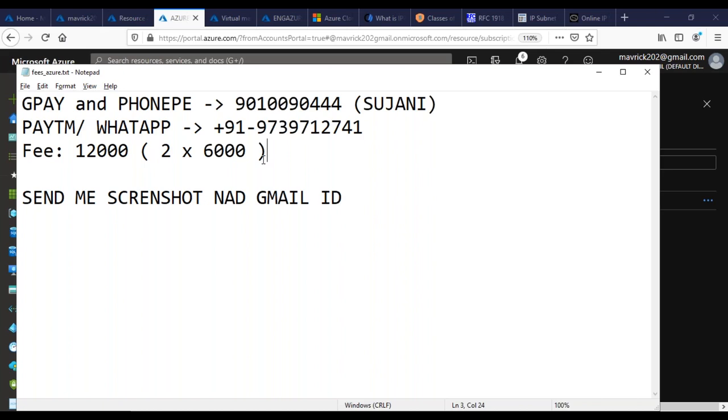I do scripting in both shell and PowerShell, but if you want to know where to start, start with shell scripting. It's very easy. If you go directly to PowerShell, you will feel it's a little tough.